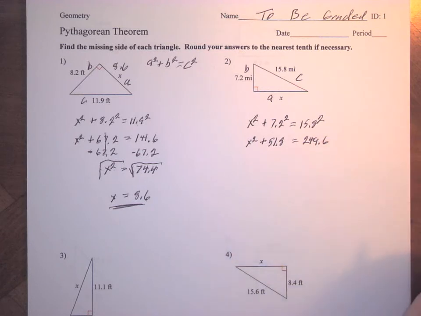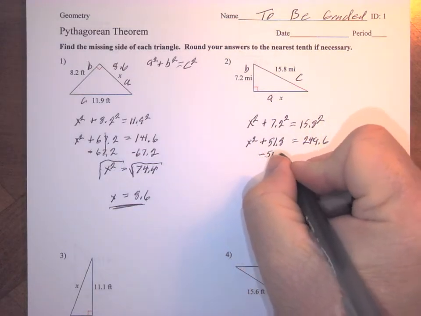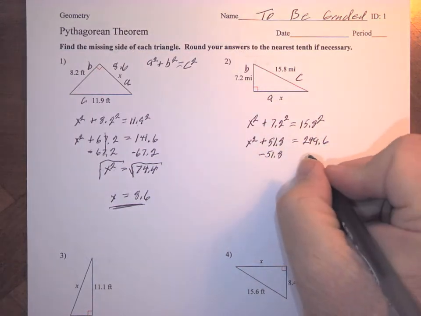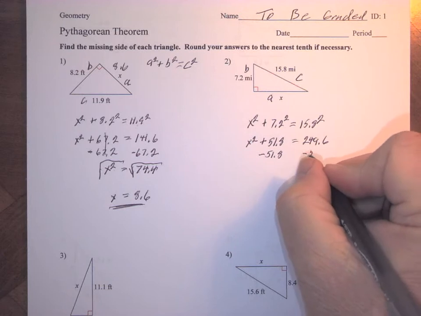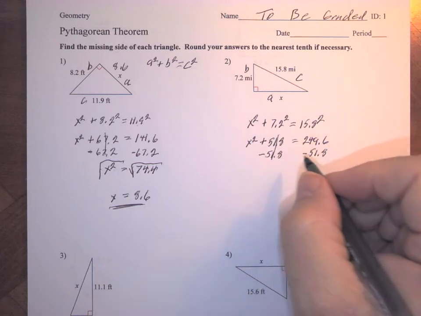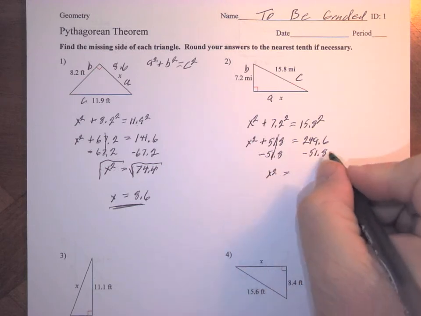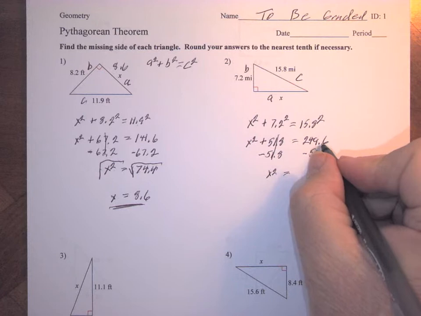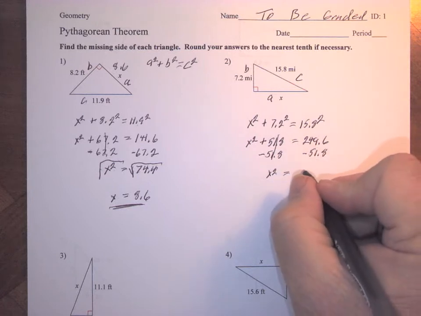Okay, we do our arithmetic again just the same. We subtract the 51.8 from that side, minus 51.8 on this side. These two go to 0, and we're left with x squared is equal to 249.6 minus 51.8, which is equal to